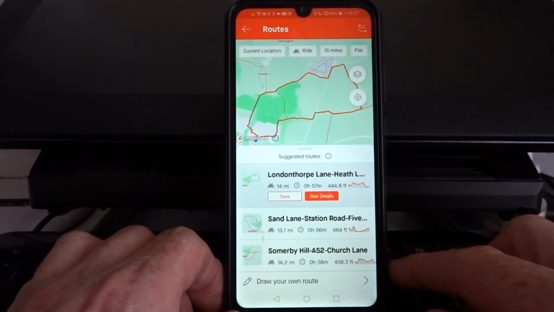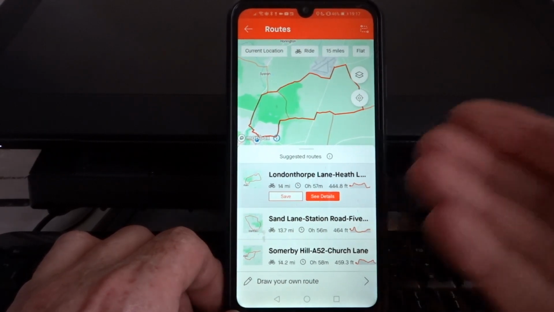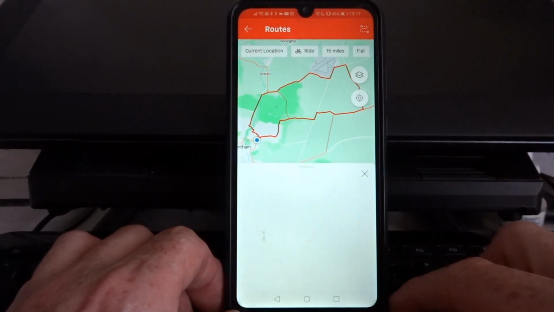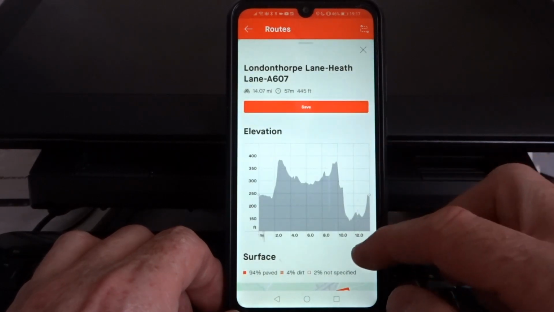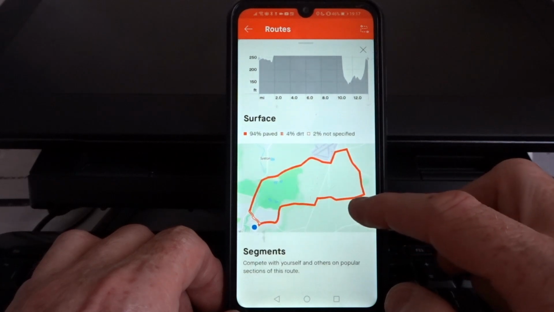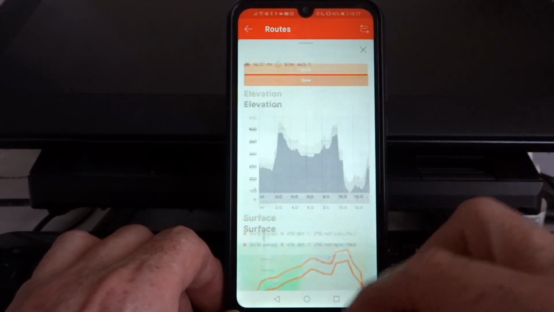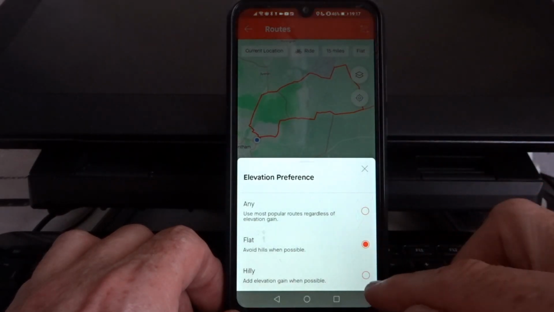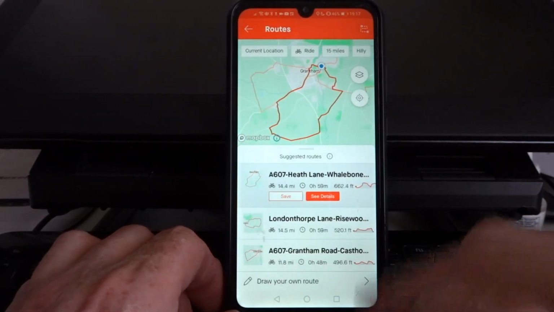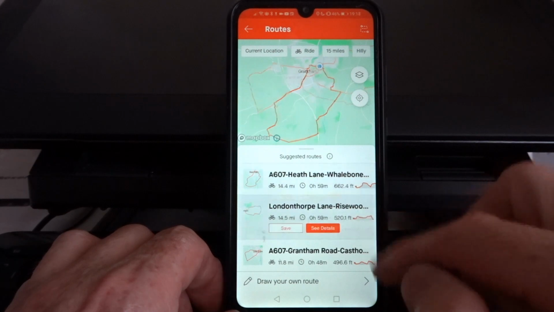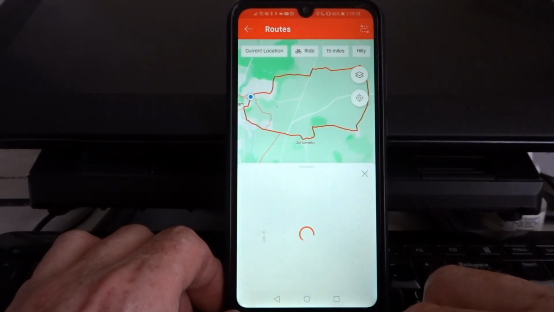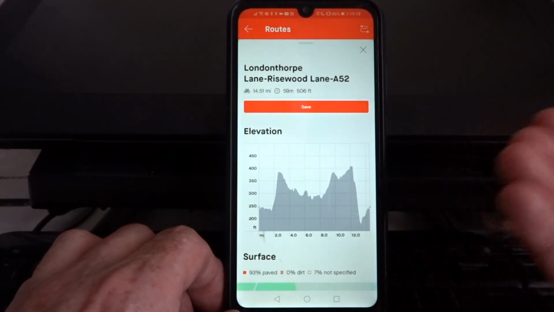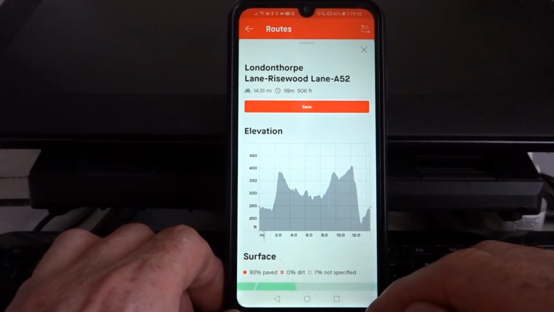If I wanted a little bit of inspiration on where to go on today's ride, then here, for example, if I wanted to see the details of that ride, if I click on see details, I can see the elevation, I can see what kind of surface it is, if some of it was off-road, for example. If I want to, I can change the ride profile here from flat to hilly. So now I've got a hillier ride. There's not a lot of hills actually. We've got a hill going up and a biggish hill coming down. Out of the town where I live, that's pretty much as good as it gets for a hill within